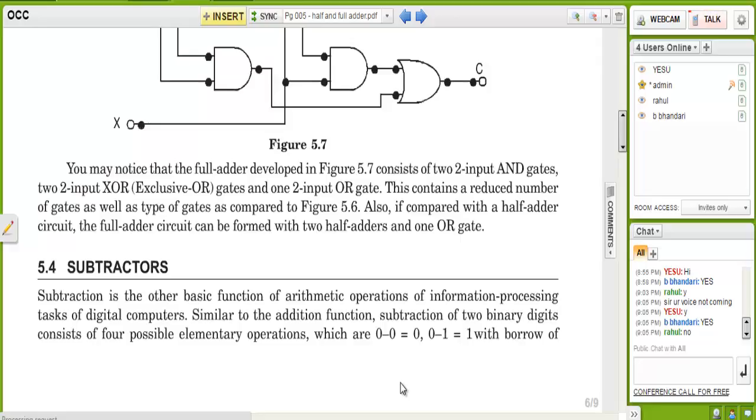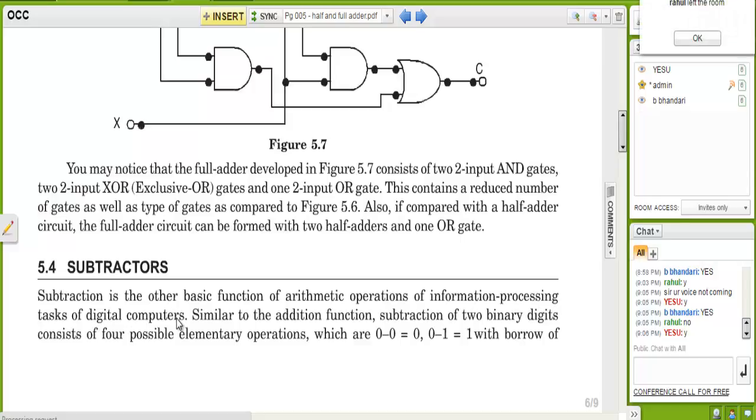What is a subtractor in the digital world? Subtractor is the other basic function of arithmetic operation of information processing tasks of digital computers. Similar to the addition which we did in last classes, subtraction of two binary digits consists of four possible elements, which is if you subtract 0 from 0, then we will get 0. 0 from 1, it will return 1, and borrow